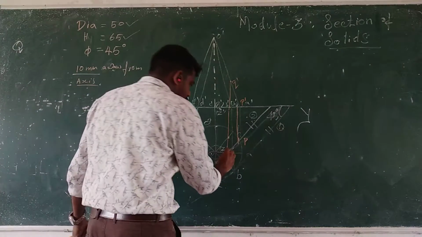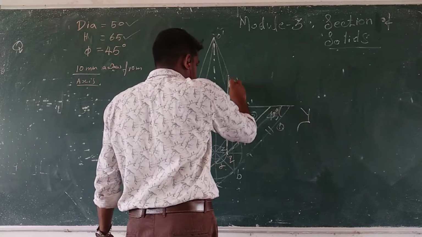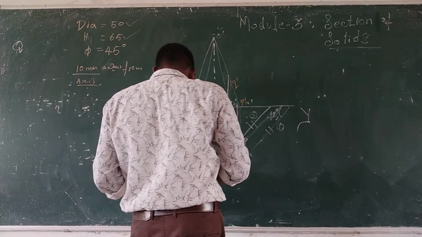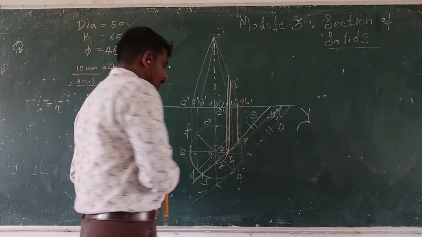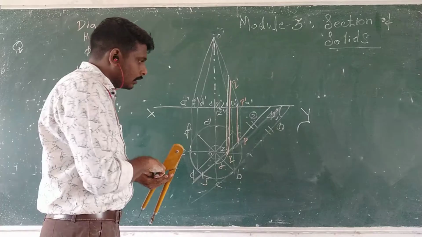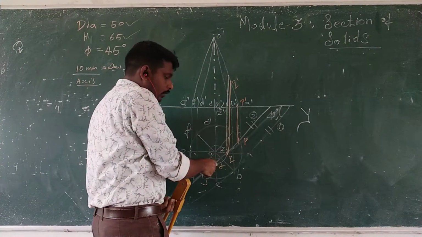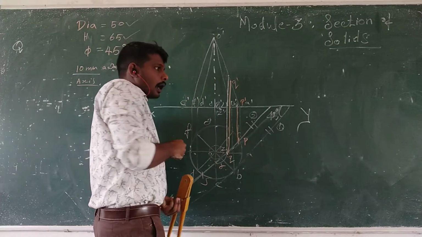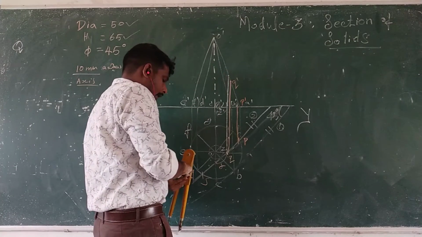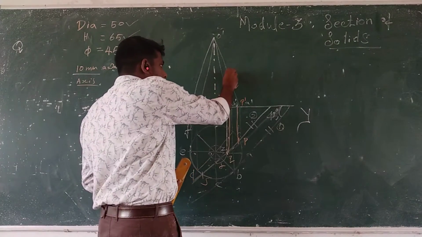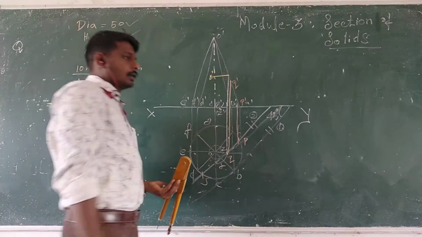Then project that particular point to the corresponding A to O. Okay. Clear? Project that particular point to A dash O dash in order to find out the R dash in the front view. Then mark a horizontal line from here. Then this is the actual R dash.